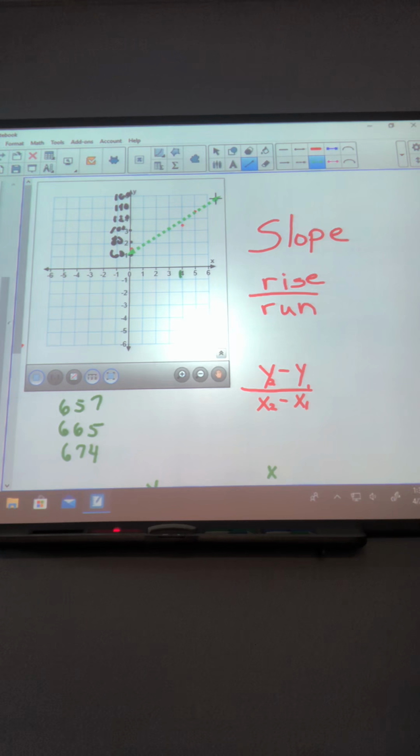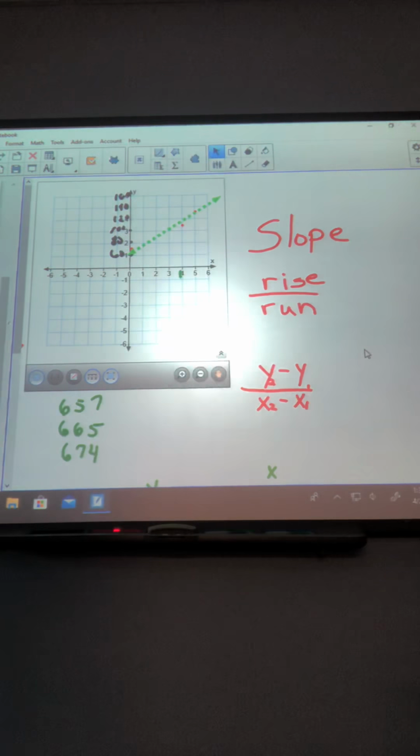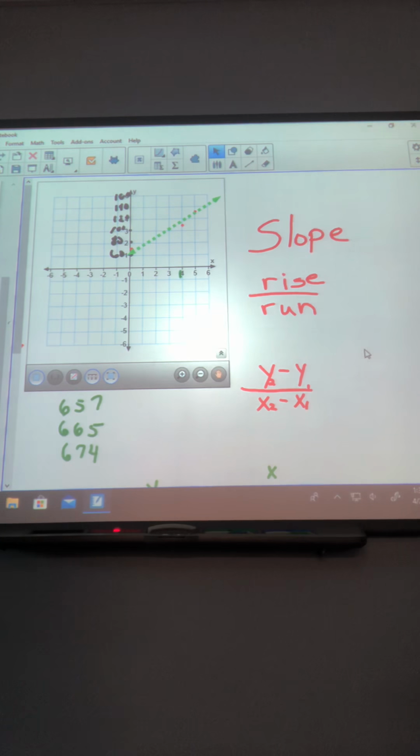Looks like I still needed to move that fourth point up a little bit, didn't I? To maybe there. Okay. And you can also see that it's a positive slope. All right, let's go ahead and look at